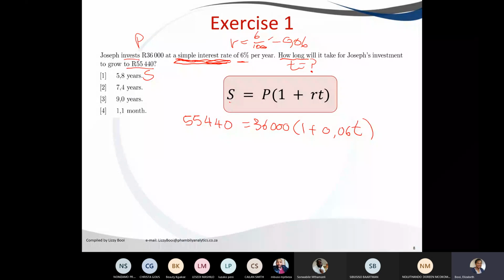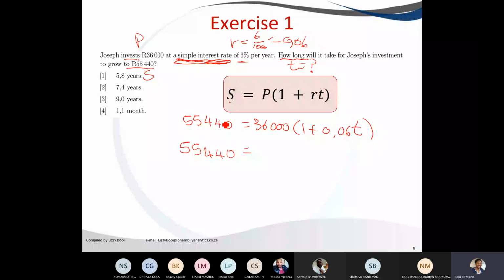Up to you how you do it. So I will do the multiplying with 36,000. 36,000 times 0.06 is